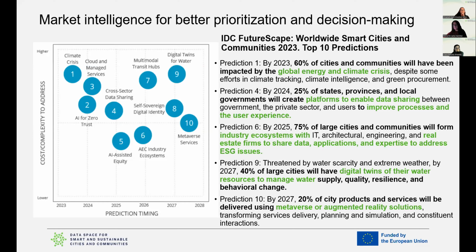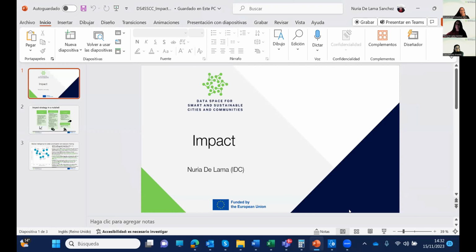And then there is a myriad of technologies where cities are already investing in order to solve existing and pressing challenges, like using digital twins, for example, for water management, or the use of AI, metaverse, or augmented reality for different aspects. So I really encourage you to look at all this data and to have a look at what is going on in the market. And of course, it is not only what the challenges are, but also this kind of predictions and data that is already sound will be useful and used in order to prioritize some of the actions that will be implemented later on. And with this, I think that I'm done for my presentation. Thank you very much. I'm happy to help.